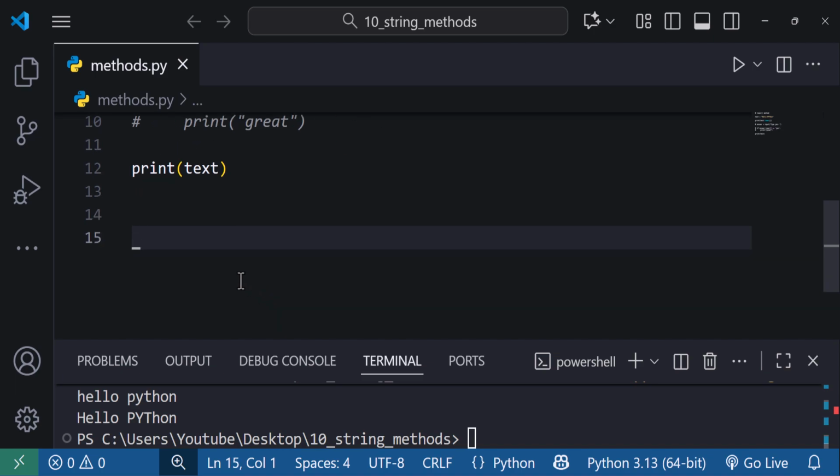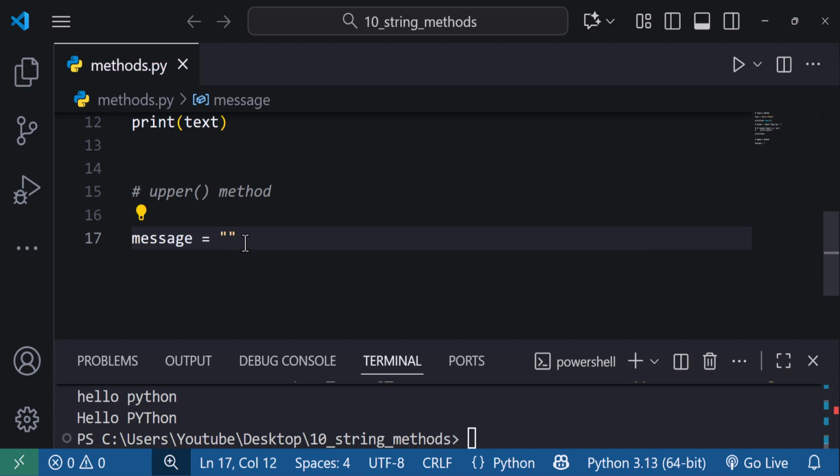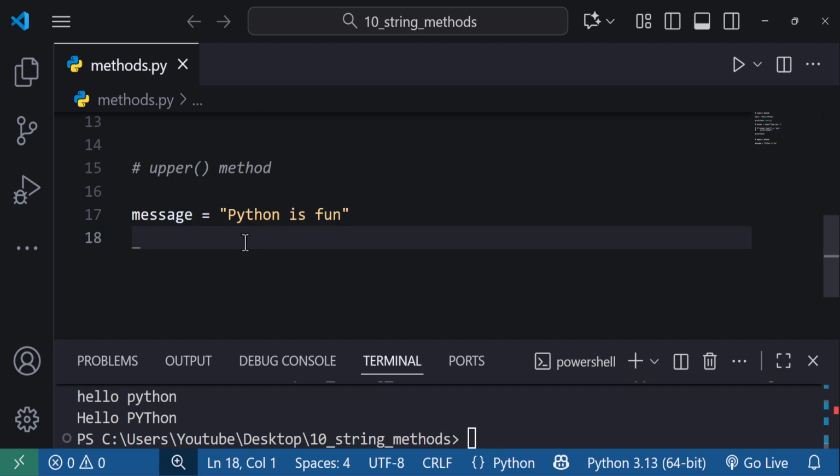Next we have the upper method. So I'm going to create a comment and say upper. Upper is basically the lower method's louder cousin. It just makes every letter uppercase. So again, we can have an example, but we don't need it because we already know it just makes the string characters uppercase. So we can say message equals, and open quotation marks, and I can say Python is fun. Right now, if we use message.upper and then we print it,